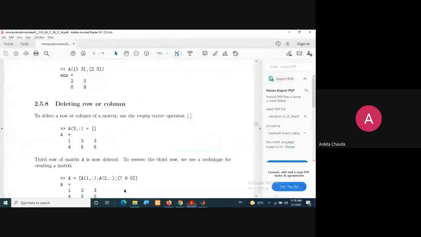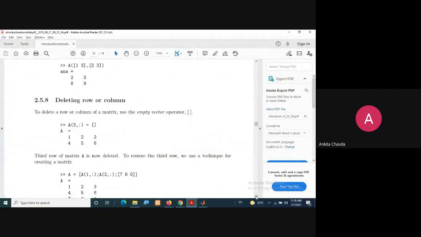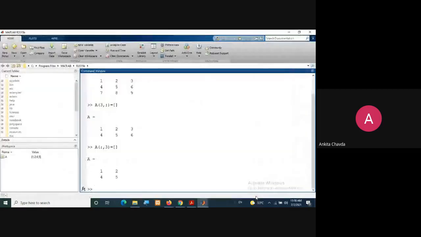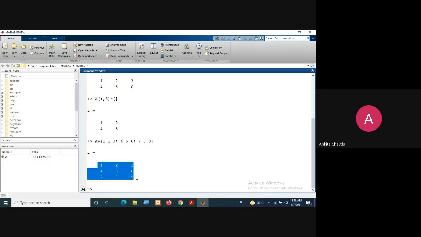So this 3 and 6 will be deleted. Okay, fine. Now, if I wish to restore this third row, I'll make it as it was. The first option is that I can write the whole array again. Imagine I'm having only 3 cross 3, and I have deleted one row from it. I can restore it by writing this matrix again.